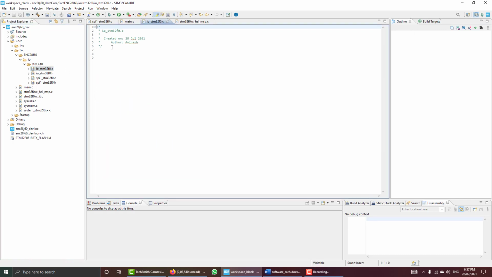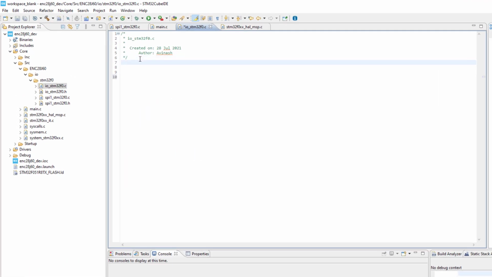This file is blank. Here also the first thing that we will do is to include the HAL, this include file stm32f0xx_hal.h, that is hardware abstraction layer. This is the standard method for programming this STM32 microcontroller.